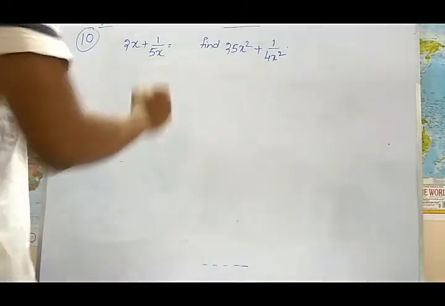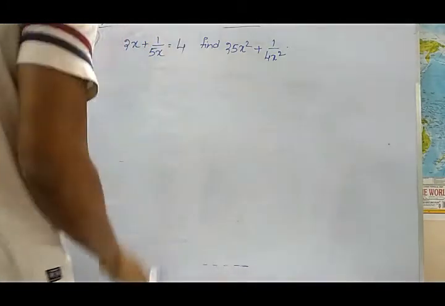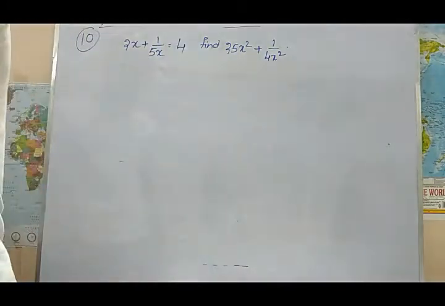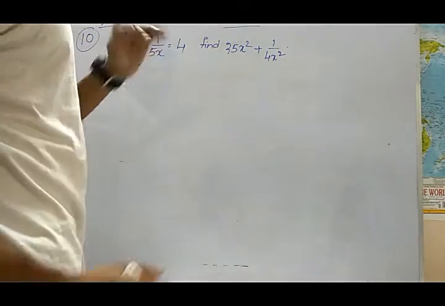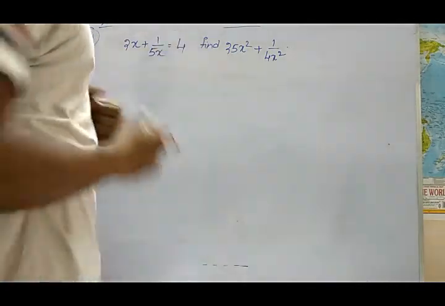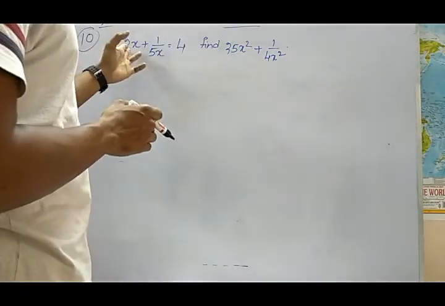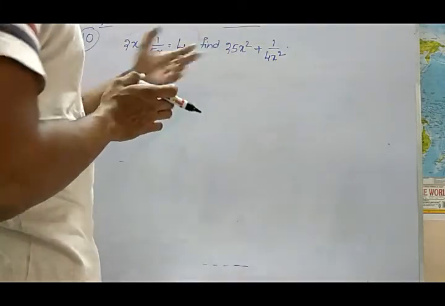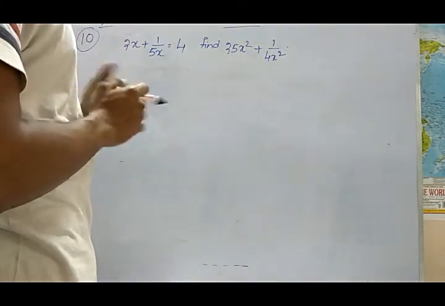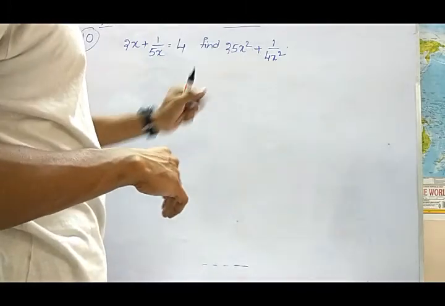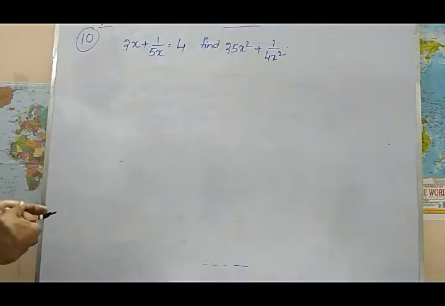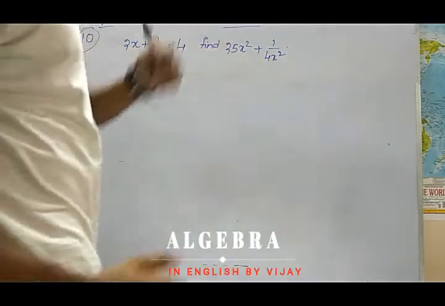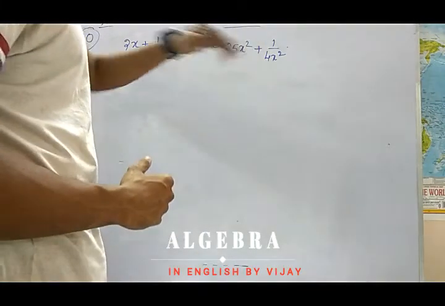Here see, we don't have anything like squaring. Here there is 2x, here there is 25x square. So if we do squaring, 4x square, there is no chance here. So can we take common here? See, observe, can we take common here? No, we can't take common. Can we take common here? No, we can't do common. But how do we get this question to this form?